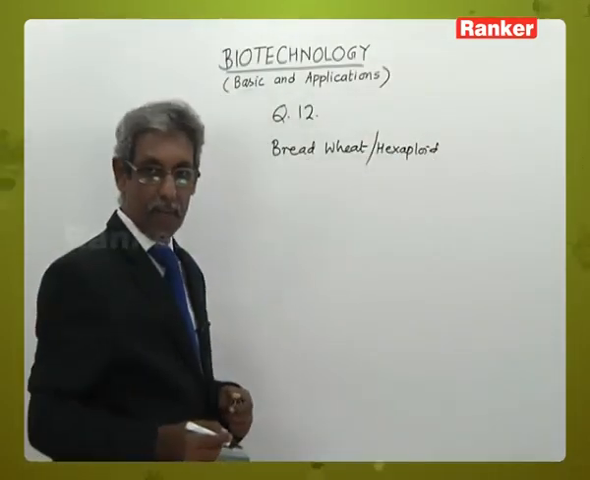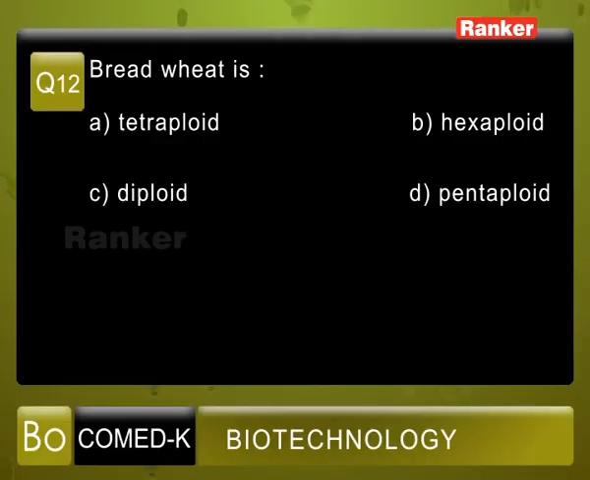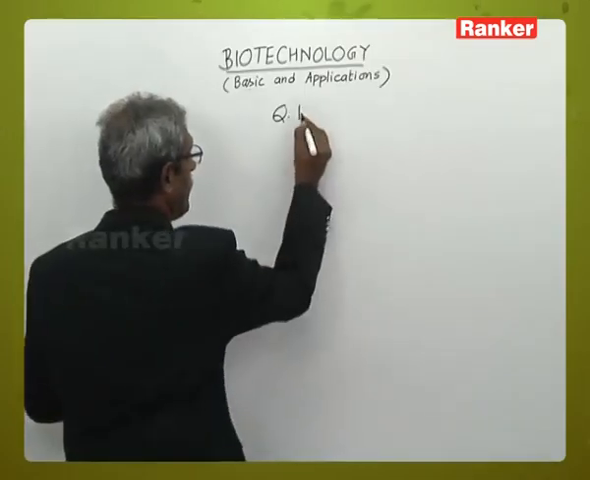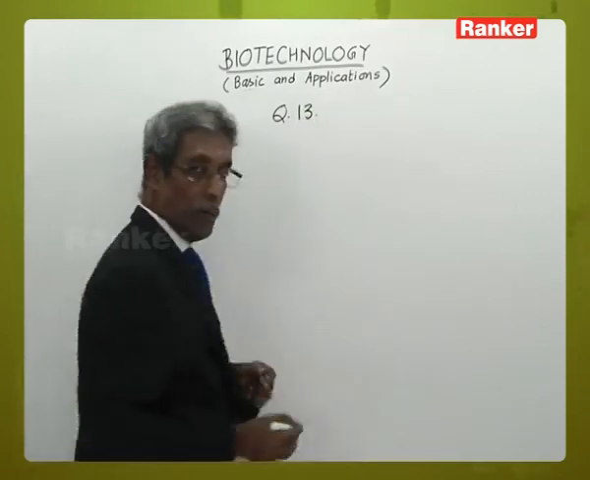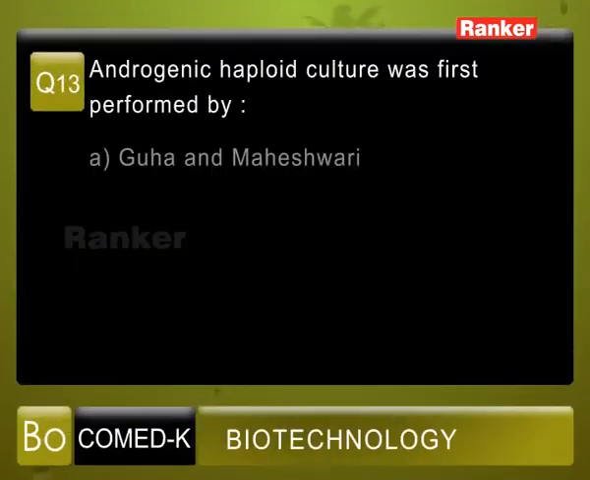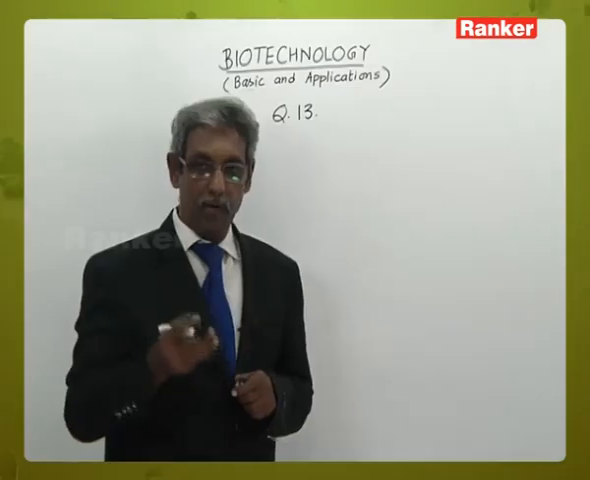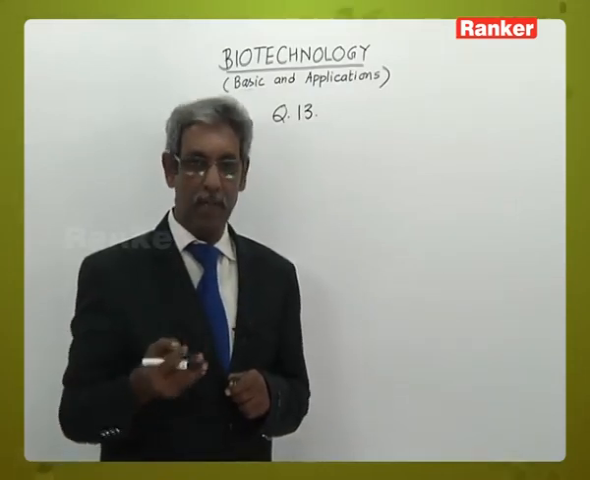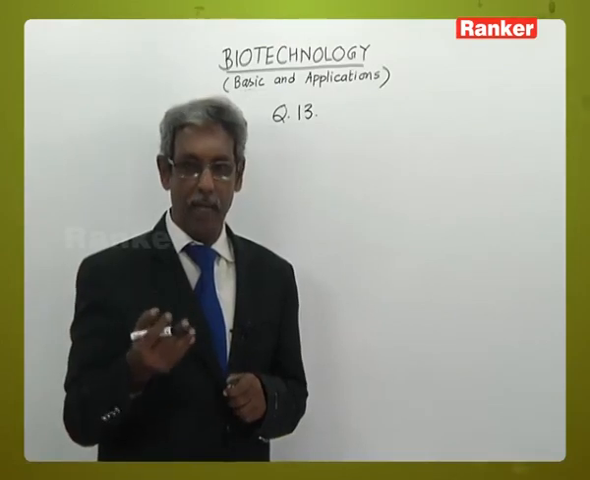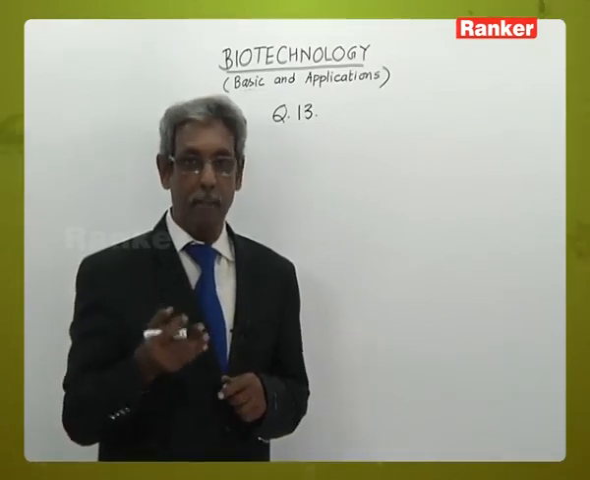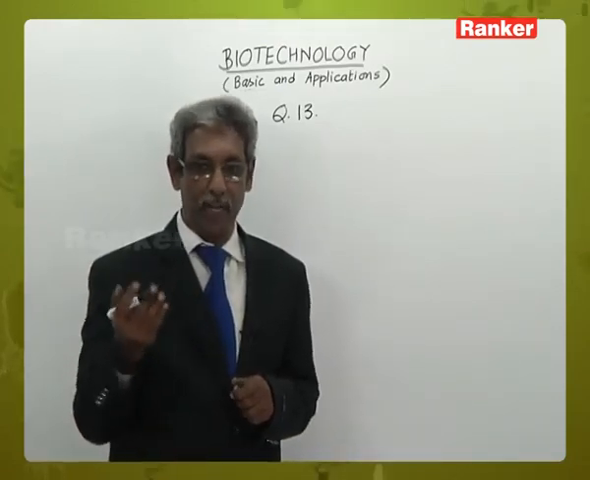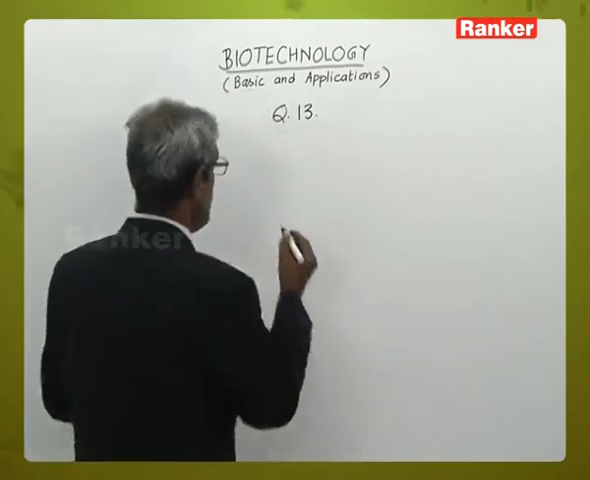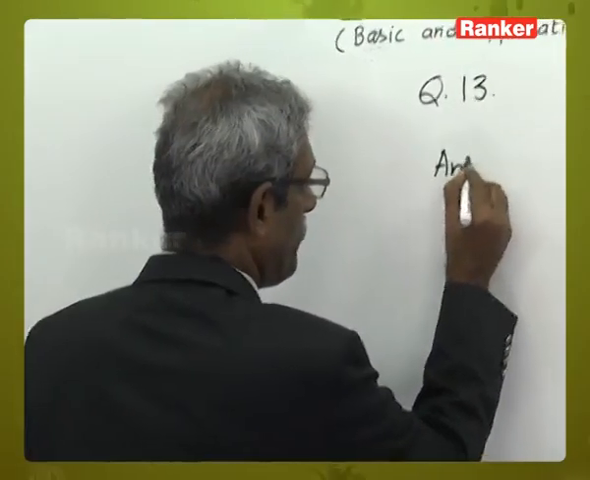Bread wheat is otherwise termed as hexaploid wheat, and the answer is B. Question number 13. Androgenic haploid culture, or pollen culture, or anther culture, was initially studied by Sipra Guha Mukherjee and Panchanan Maheshwari of University of Delhi. So, for the 13th answer, always anther culture